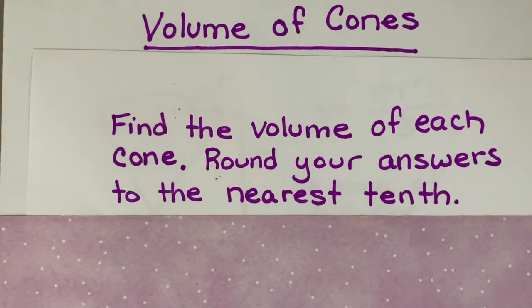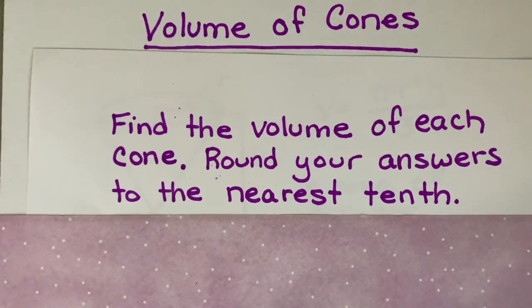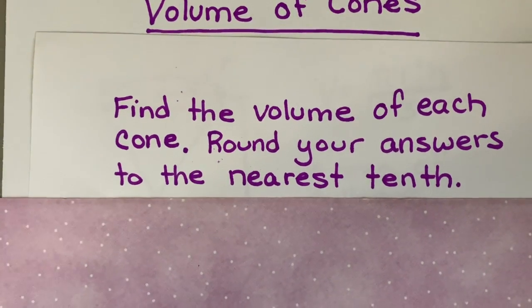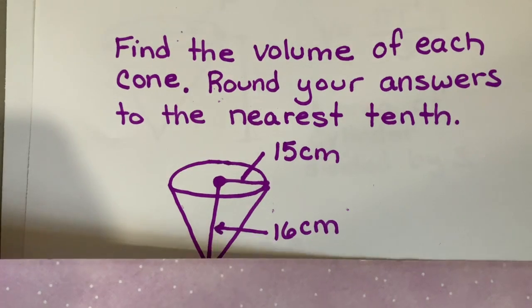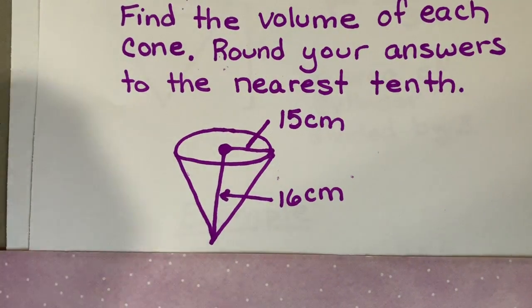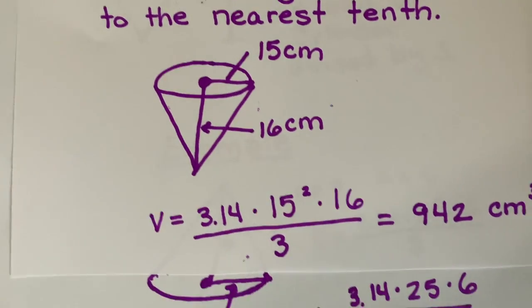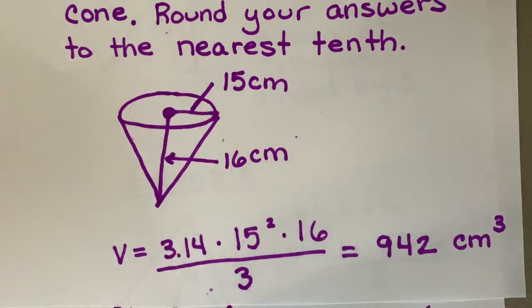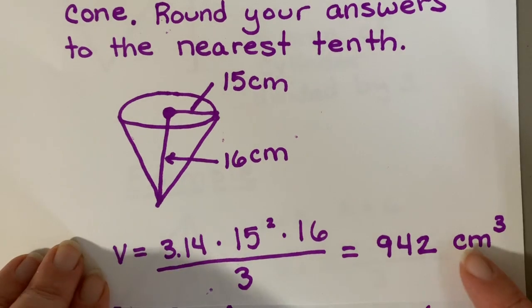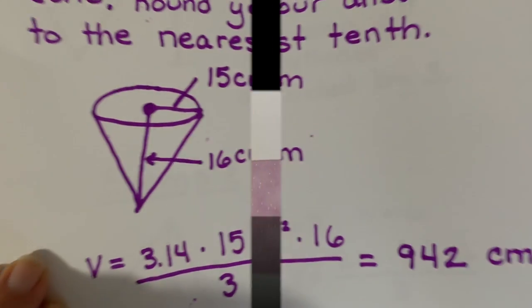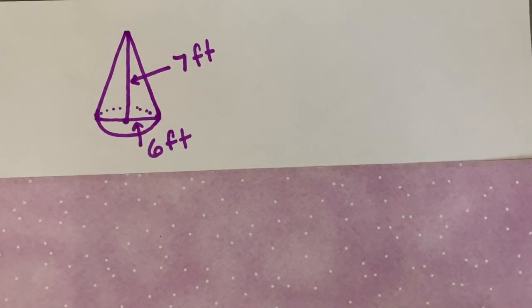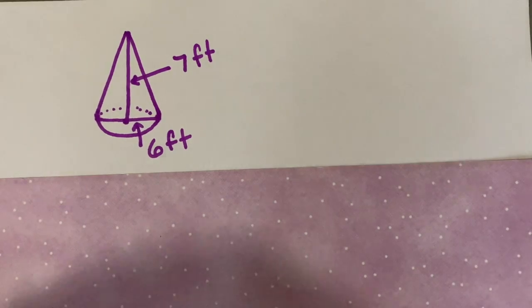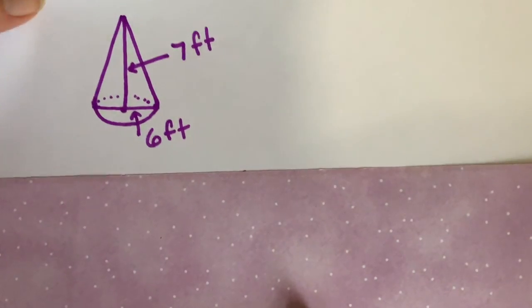Here's the first example that I want you to try. Again, find the volume of the cone, round your answer to the nearest tenth. And our answer is 942, again, centimeters cubed. Find the volume of the cone. And your answer is